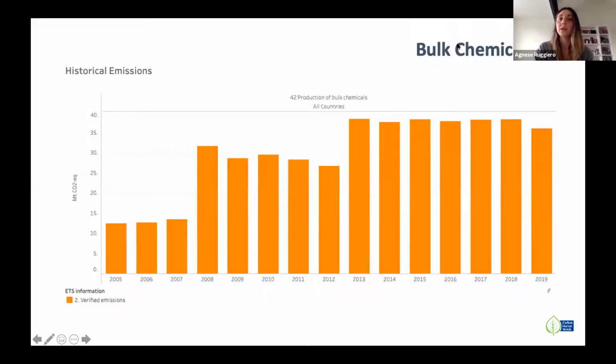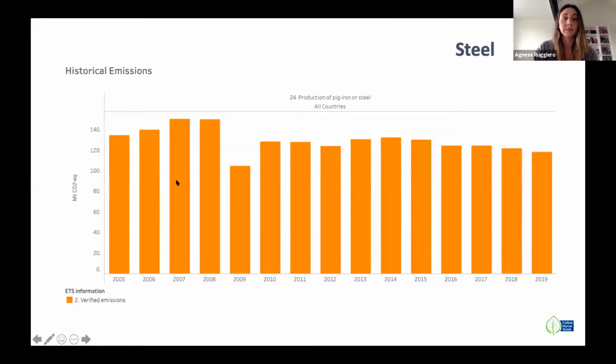For example, we looked at bulk chemicals. As you can see, there's been a bit of fluctuation. Of course, 2007, 2008, there was the financial crisis, so some emissions have reduced here, then have gone up and down. And here, since 2013, they're pretty much stable and not moving, except, okay, 2019, then they will probably have some reduction visible in 2020 because of coronavirus, but it's not because of the efforts put by industry in reducing their emissions. Other examples, steel. The bars are orange, but you can see the difference.